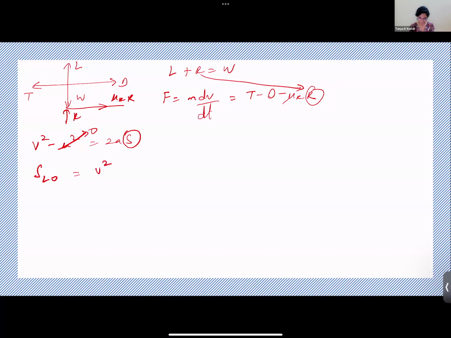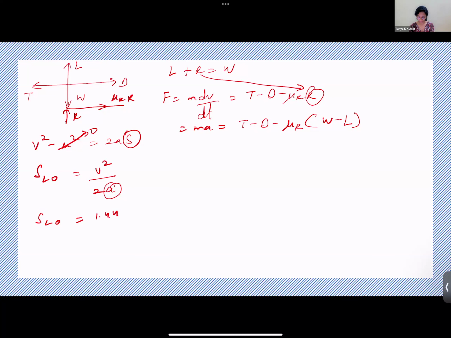You get v square by 2a. A comes from here. So this is ma equal to T minus D minus mu R into W minus L, correct? So plug that in here and you get S liftoff. So the final equation that you get is, does anybody remember? You don't need to remember exactly, but you have to remember what it's proportional to and what it's inversely proportional to. So it's approximately equal to